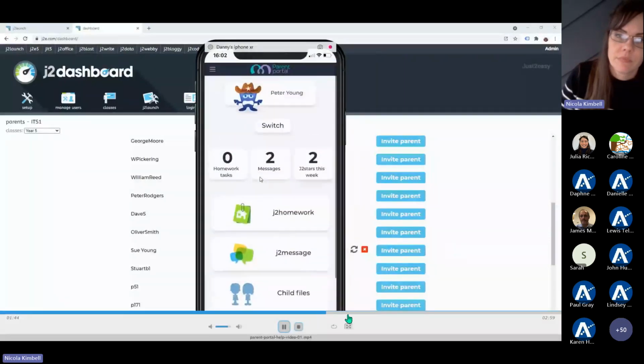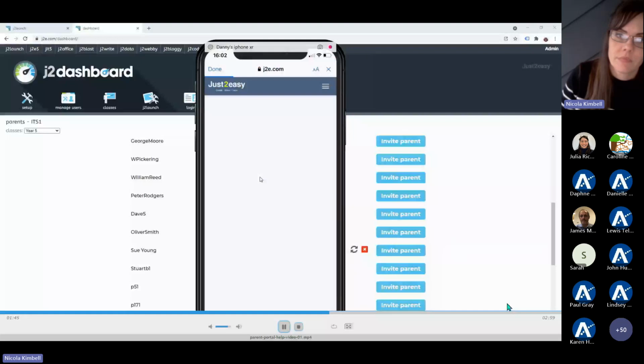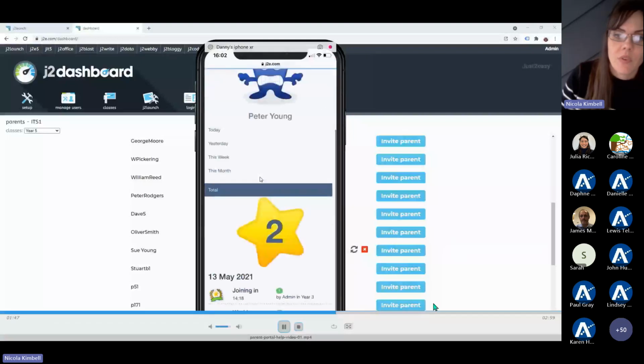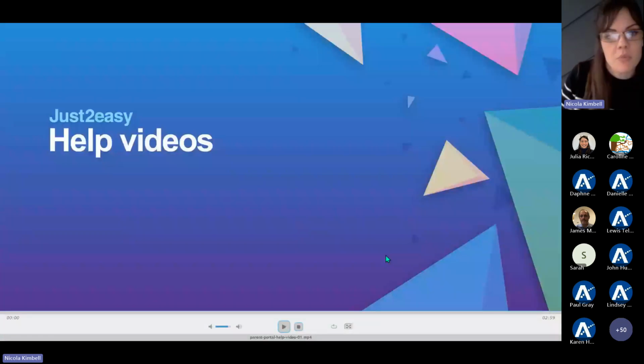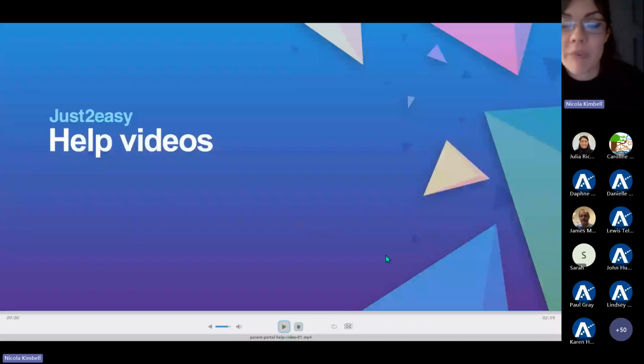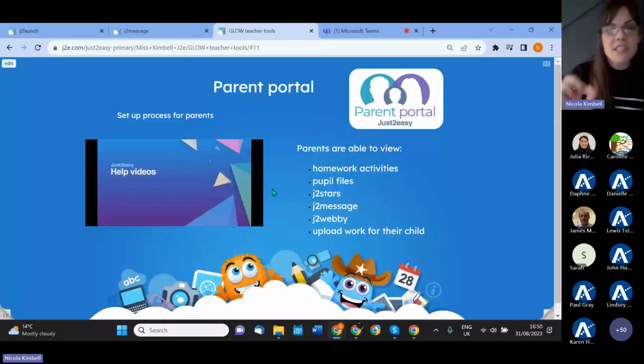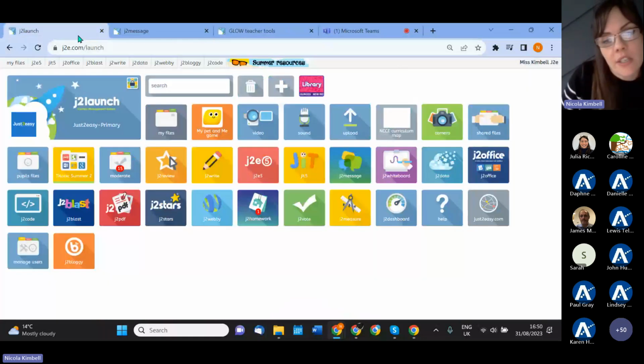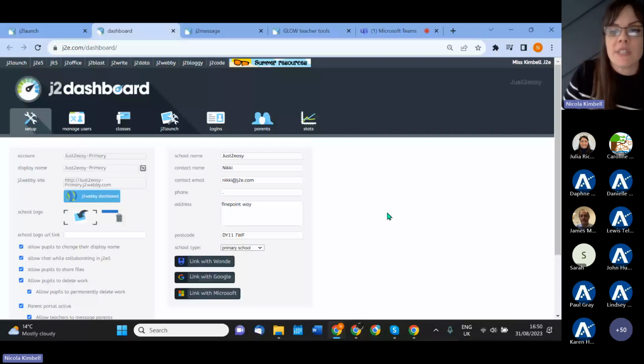If we go back to Peter for a moment, the parent can see that Peter has been awarded 2 stars. Okay, I'm going to stop it there just because I'm actually going to show you in real time. So that is the setup for the Parent Portal. Just to review, you invite your parents through J2 Dashboard, you've got your Parents tab, and you send them an